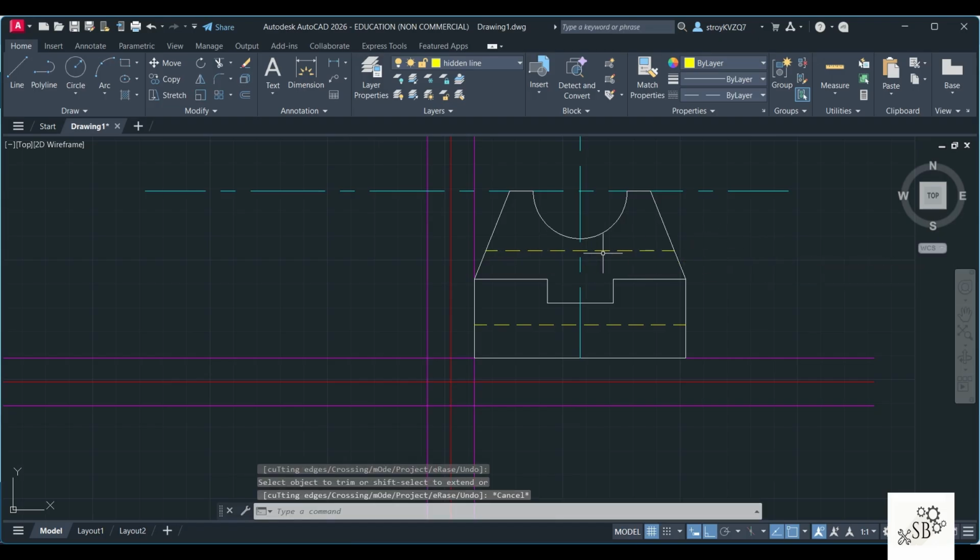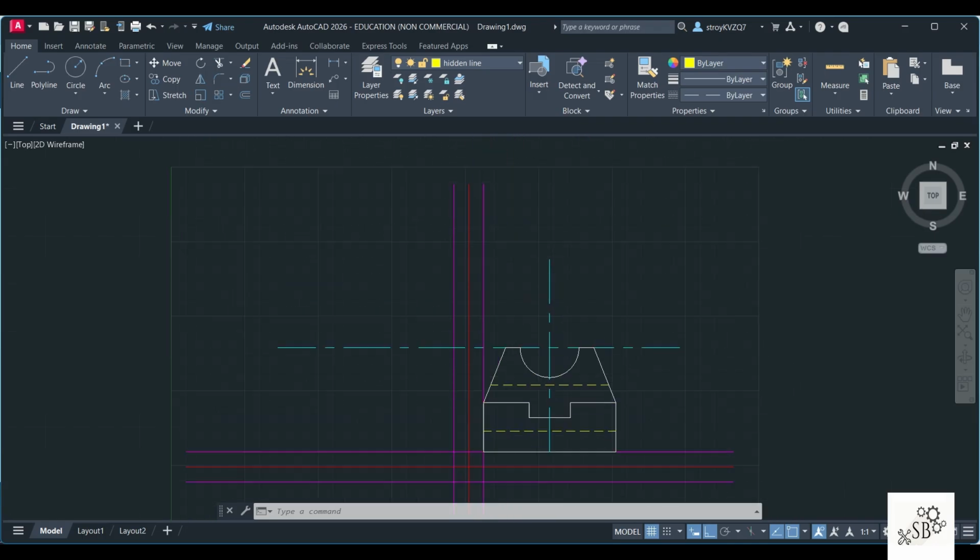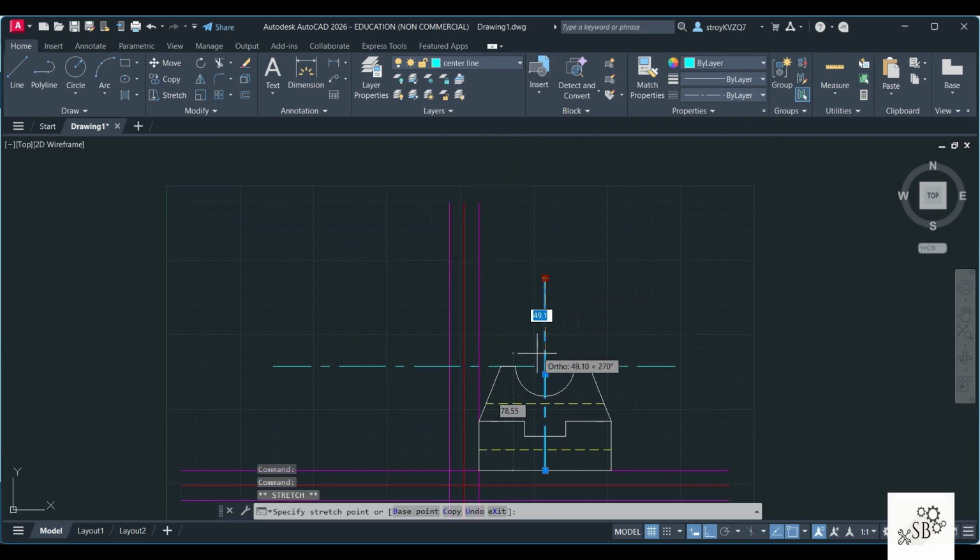Now this is to ensure that your entire line is one single line. If it doesn't matter to you and you just have to show a printout, you can use the previous technique which I have used. That is also fair enough. Or you can alternatively use the extend option and then extend the line from here to this line. So this completes the front view. Now this line is what we need to shorten in height. Also this one we do not need up to this point, so I'll just reduce the length.